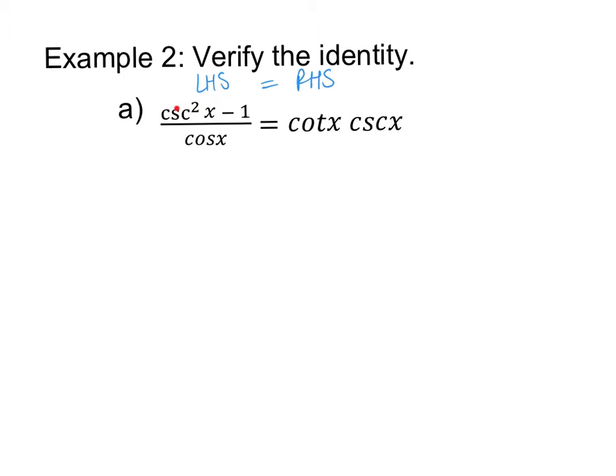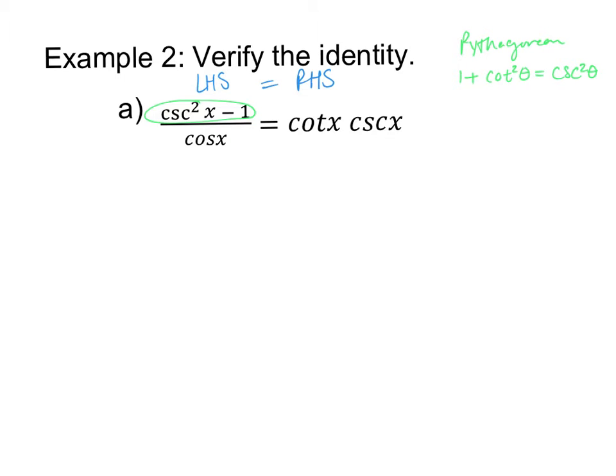So I like to always play with the left-hand side to try to manipulate it to make it look like the right-hand side. And the first thing I notice is that the numerator has a cosecant squared. And anytime I notice a trig function with a squared, I'm thinking perhaps I need to use the Pythagorean theorem. So the Pythagorean theorem for the one that has cosecant says that if you have 1 plus cotangent